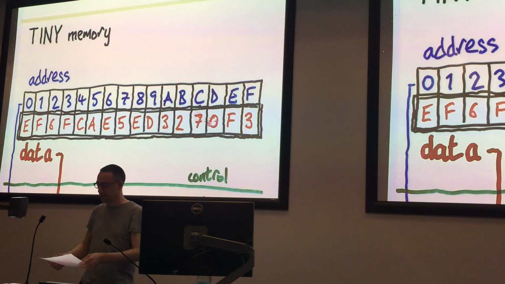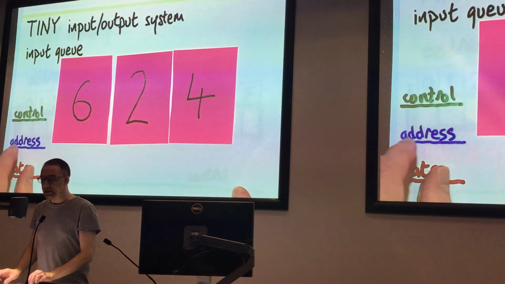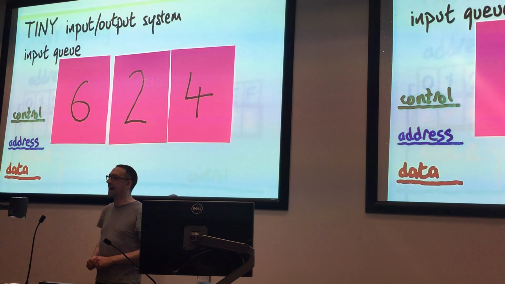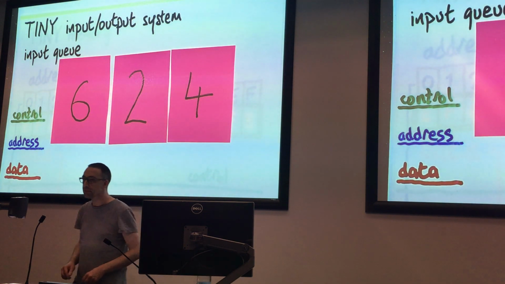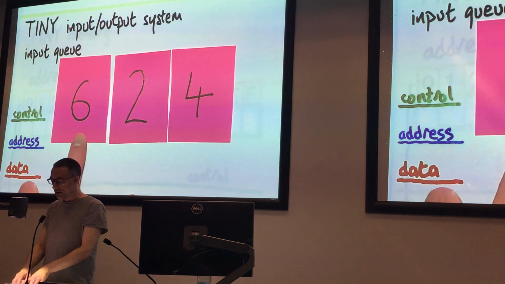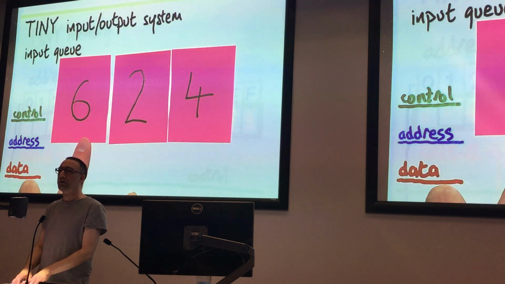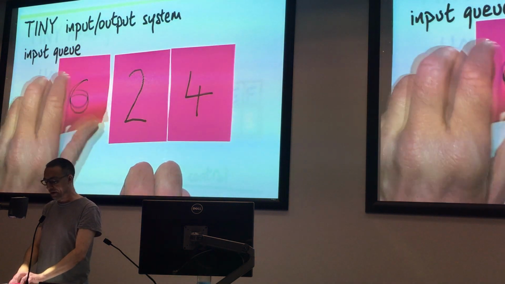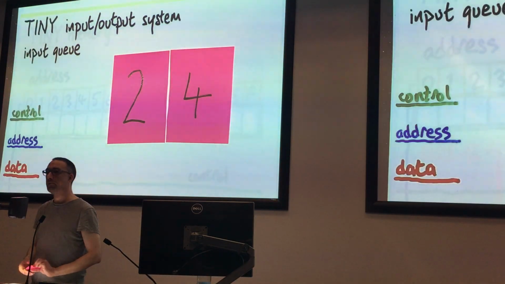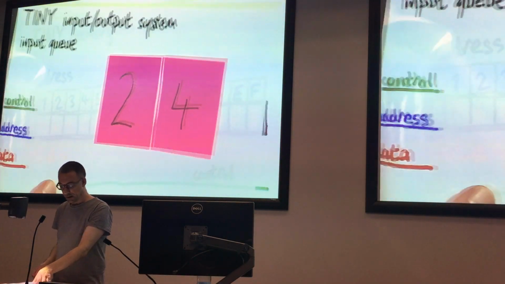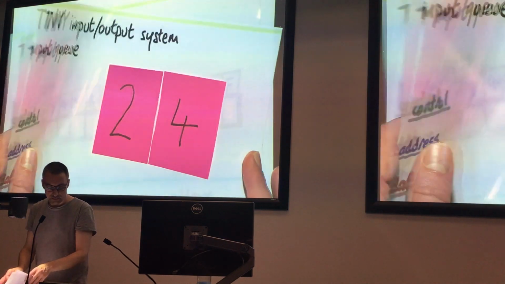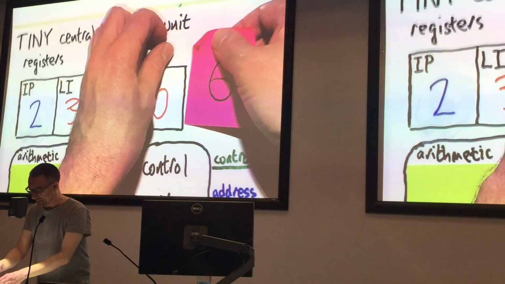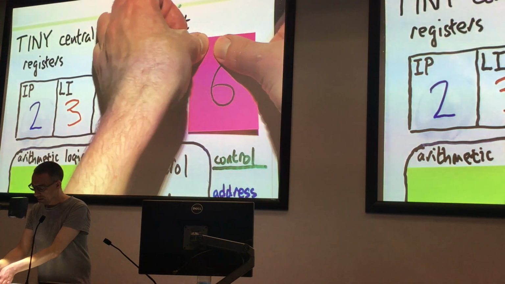Another bus interaction. On the control bus, there will be a command to get from the input queue. And we can see that currently, at the head of the input queue, there's this 6. So this 6 would be removed from the input queue, and it would arrive in the CPU. So we've done our,